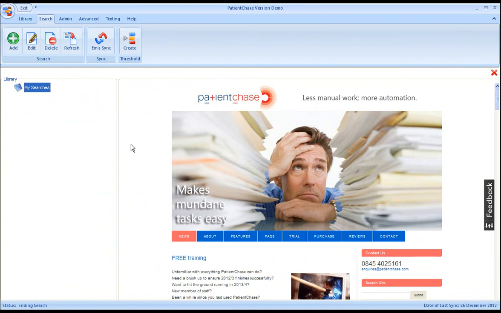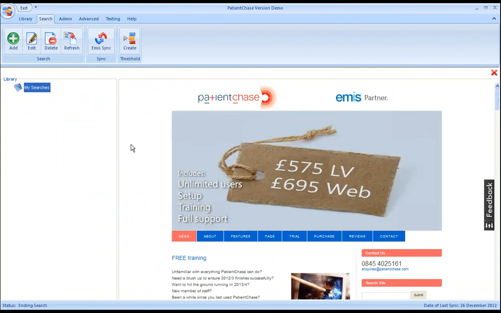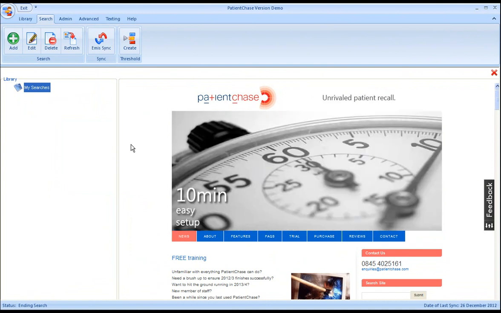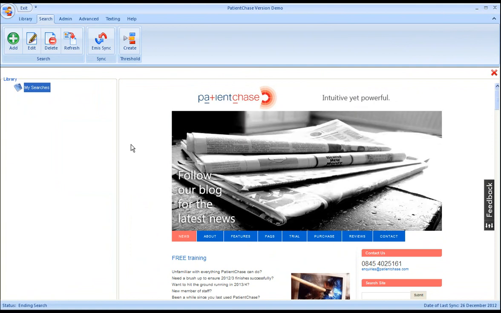Moving on to NHS numbers. Quite often practices are provided with Excel spreadsheets which just list NHS numbers of patients with recent activity at that secondary care provider. For example, recently discharged patients, high value patients, those patients who are frequent flyers, 3 or more attendees at A&E. It's often the task of an administrator to then work out who these patients are. With PatientChase, you can do that very quickly